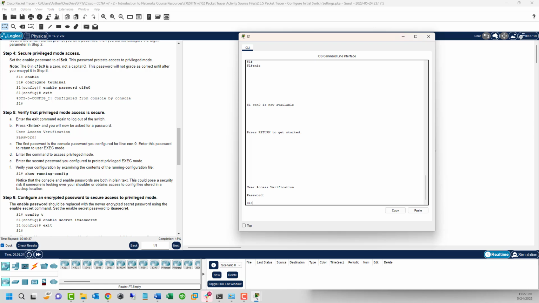Alright, step 4, securing privilege mode. So right now, if we get to our enable, no password. If we get to our configure terminal, no password. We can actually set passwords for these so that they are more secure. So if someone does break in, they have a few layers to get to. So in order to do that, let's set an enable password. We do that by, in our global configuration, typing enable